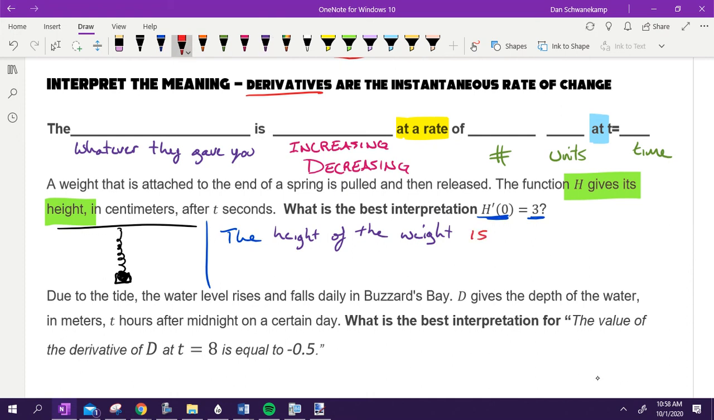is what? Thumbs up if you think it's going to be increasing. Thumbs down if you think it's going to be decreasing. Andrew, why do you think it's going to be increasing? Because this 3 is positive. So the height of the weight is increasing